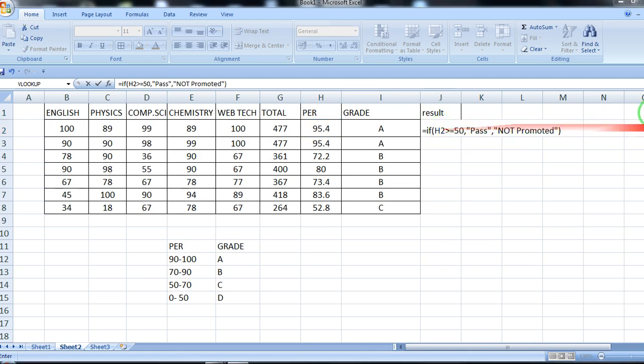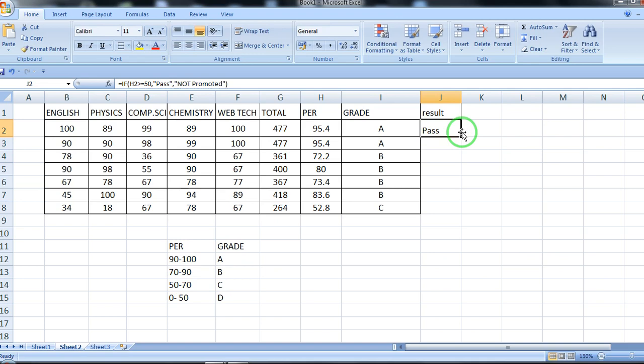So if this condition is true, pass will be displayed, and if it is false, whatever you write after the second comma will be displayed. Since the value of H2 is more than 50, it will display pass. If you change the value to less than 50, it will display fail. So let's press enter, and you can see the result is pass.